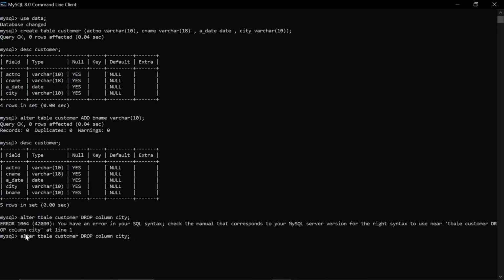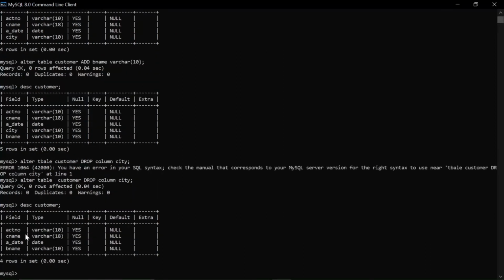Sorry, there is a mistake. So here you can see that the column named city has been deleted. Here I have written the drop word, which means delete.